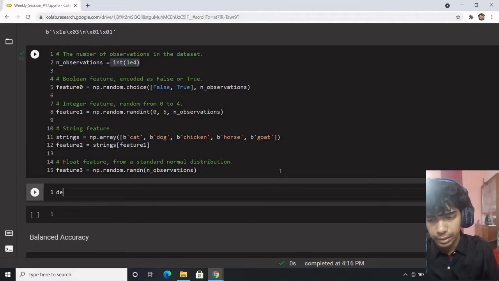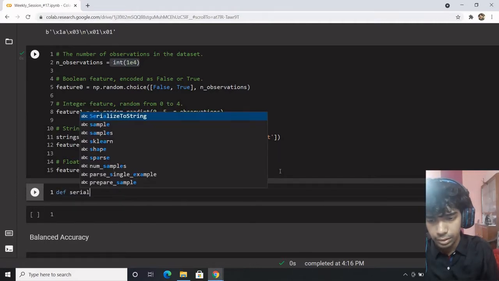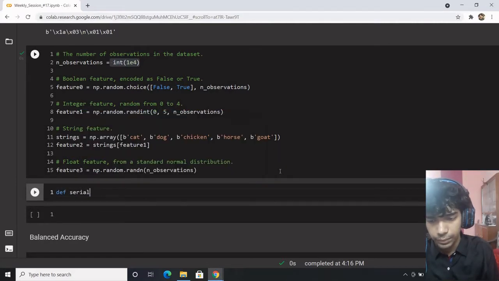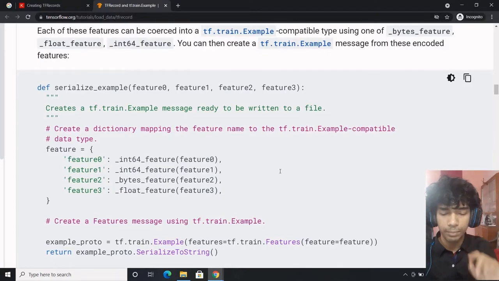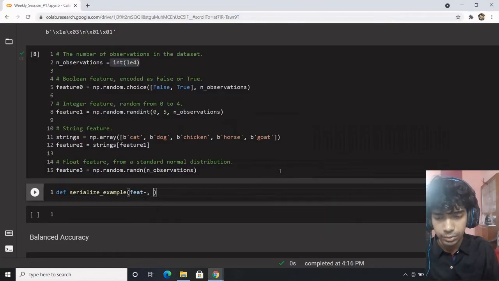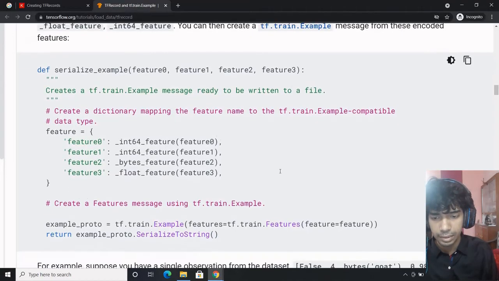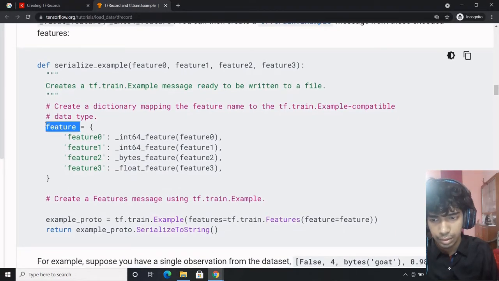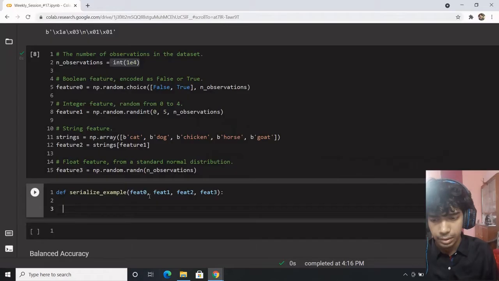Now we will define a serialize example function. Within serialize example, I'll pass my feature 0, feature 1, feature 2, feature 3. After passing the features, this is my feature map.